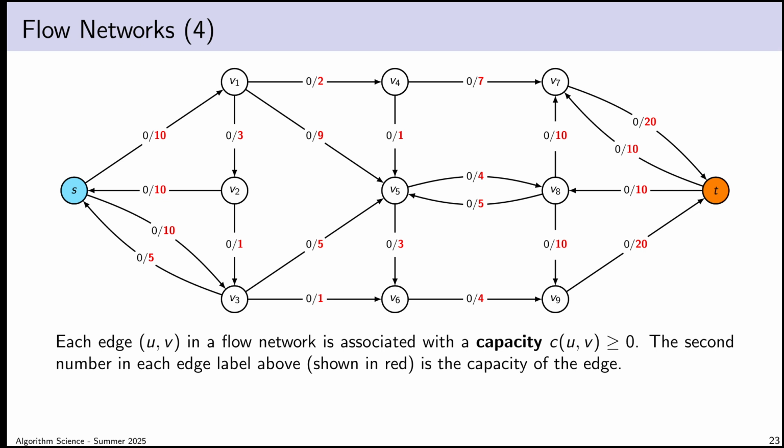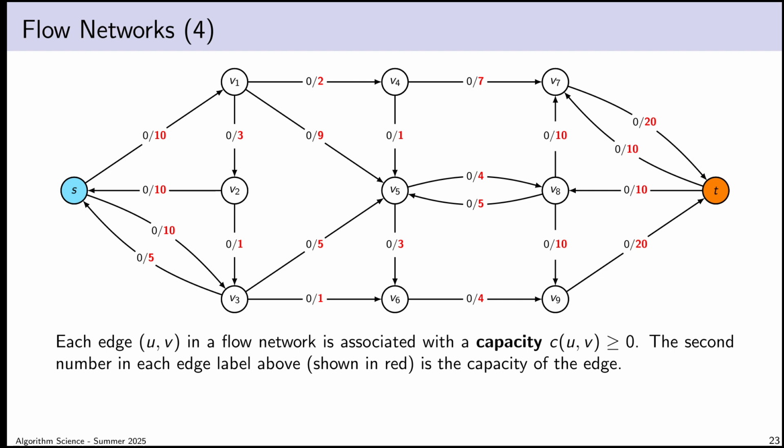So it turns out that I think it's reasonable to assume that our edge capacities are going to be integers, or maybe at worst rational numbers. And I'm always going to draw the capacity as the second number in the edge label. And pretty much for our purposes, that's sufficient for visualizing it. Although if I want to talk about capacities in a proof, which I will, then I do need some notation